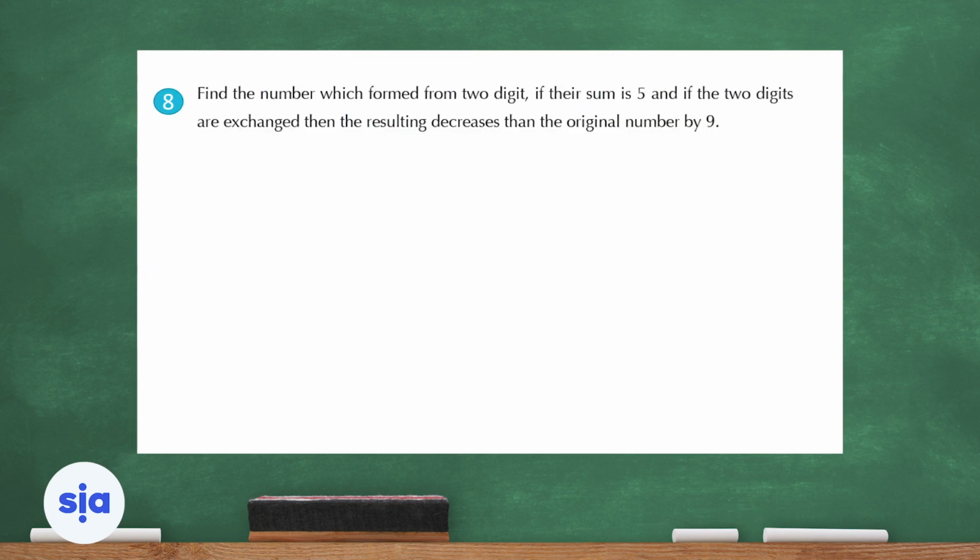Question 8. Find the number formed from two digits if their sum is 5. The two digits are u plus t, where u stands for the units and t stands for the tens. If the two digits are exchanged, then the resulting number decreases from the original number by 9. If they are exchanged, then 10u plus t equals the original one, 10t plus u